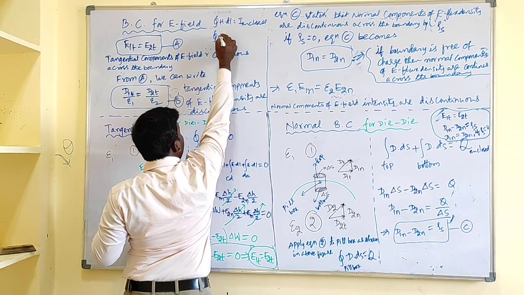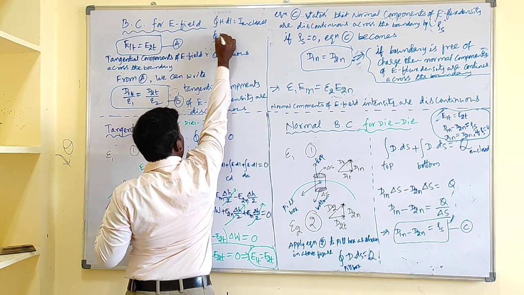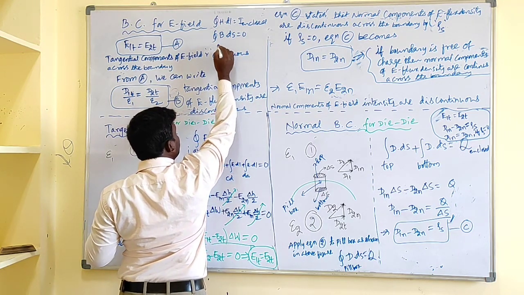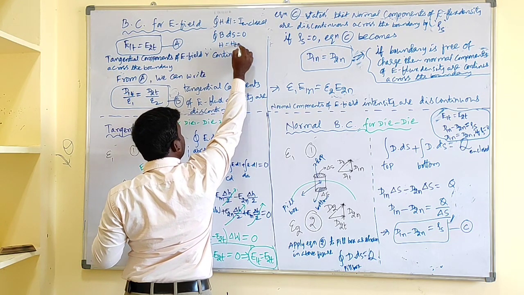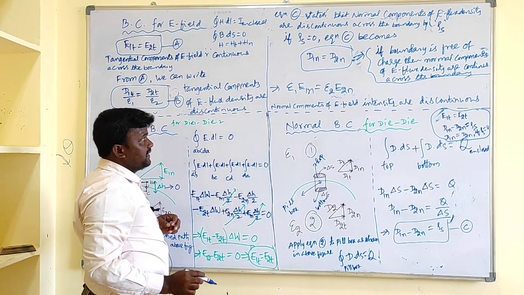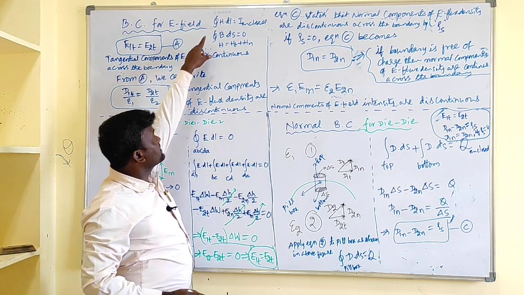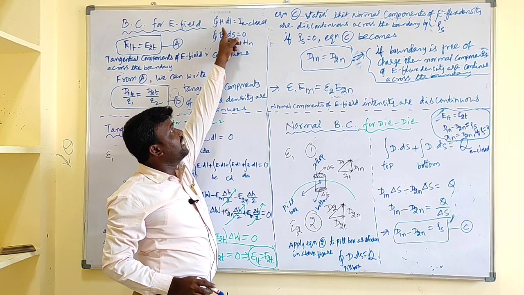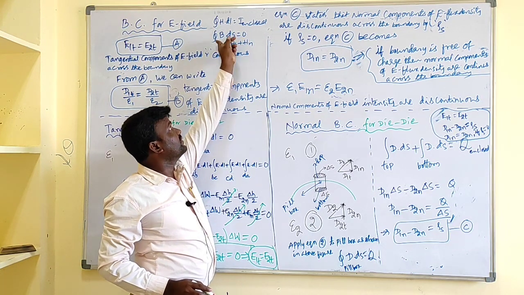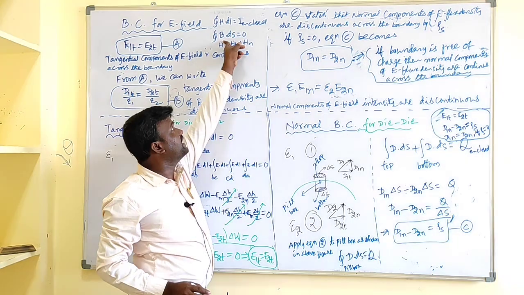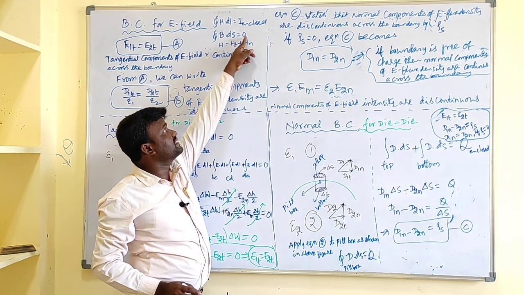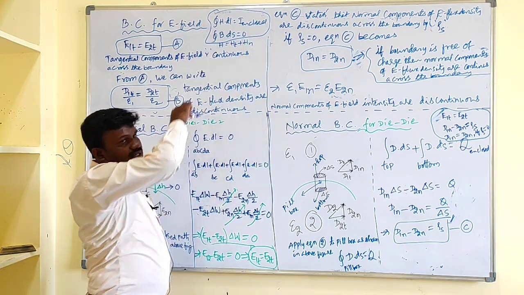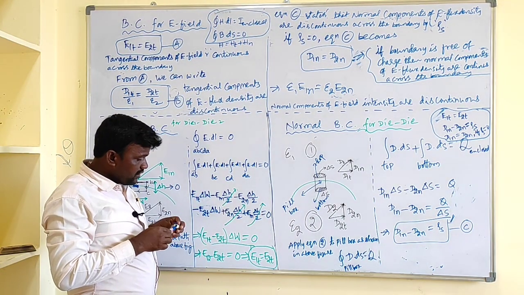In the previous case we considered the closed surface integral of D; here it is the closed surface integral of B, that is B dot ds equal to 0. And we need to decompose these components, that is H as Ht plus Hn and B as Bt plus Bn. In the previous case we considered integral E dot dl and integral D dot ds. Now we consider integral H dot dl equal to I enclosed, and integral B dot ds equal to 0. These are Maxwell's equations for the magnetic field. By using these equations we can derive